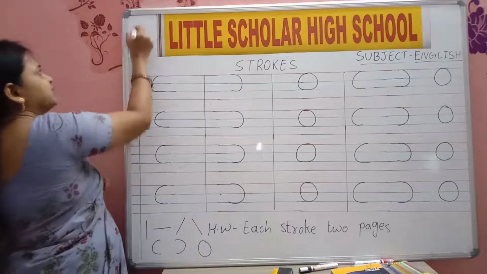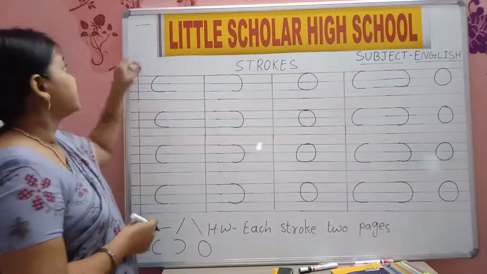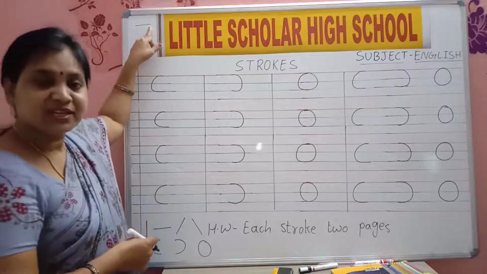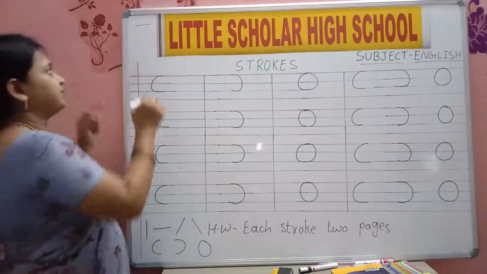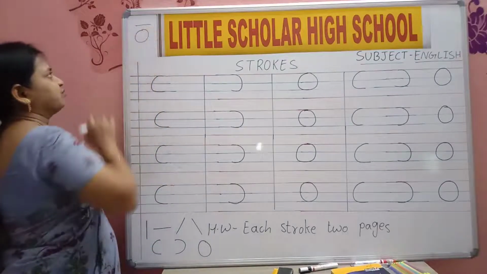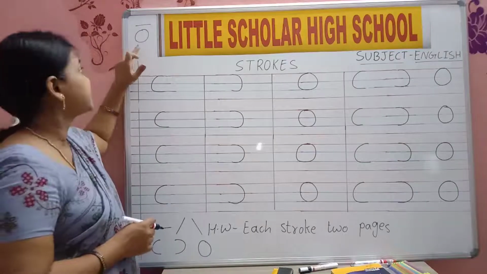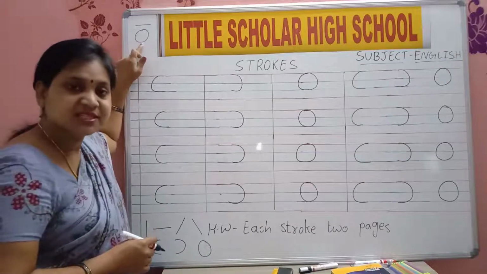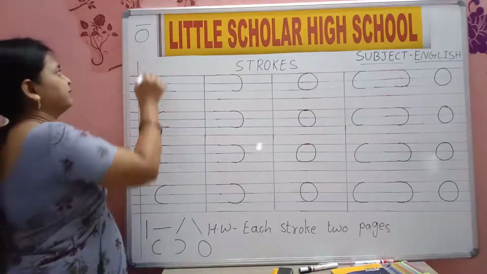Now say me, which line is this? Yes, sleeping. Which line is this? Sleeping. Next, what is this? Yes, which stroke is this? Circle. Which stroke is this? Circle. Next,